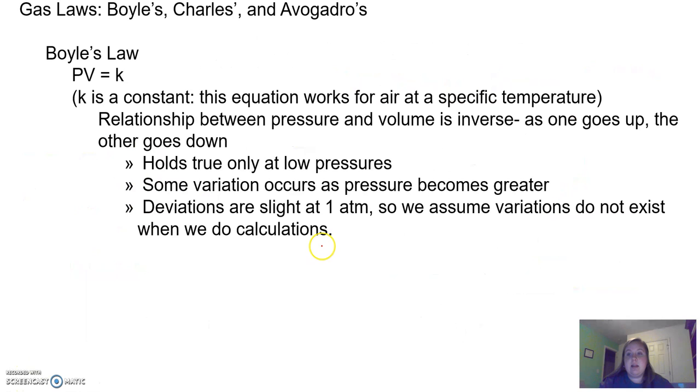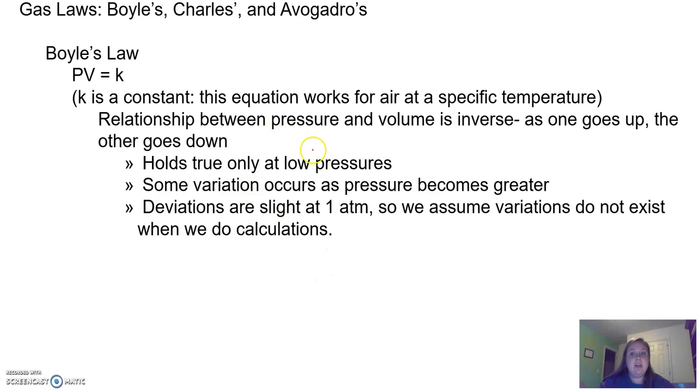All right, and then the last thing that I want to talk about in this video are the gas laws that you learned in Chem 1. So in Chem 1, we talked about Boyle's law, Charles' law, Avogadro's law, and you may have talked about the combined gas law as well. So I'm going to quickly review those and give you the combined gas law, which is the one really that you need to memorize. And so the first one looks at Boyle's law,